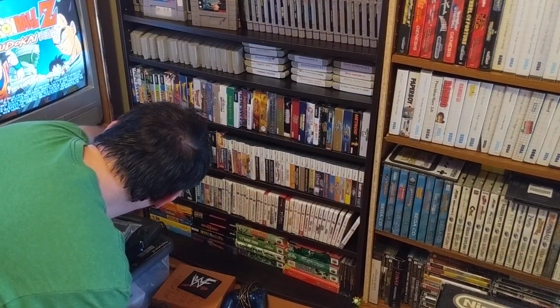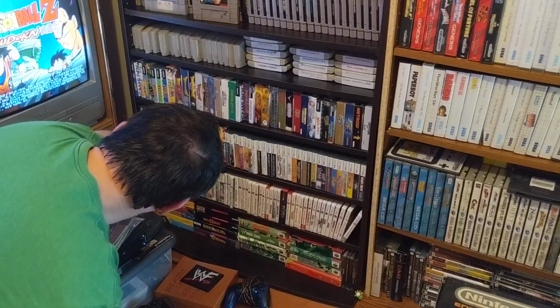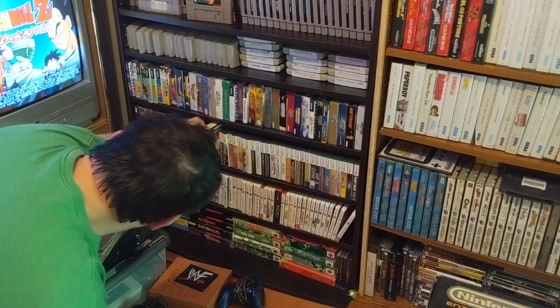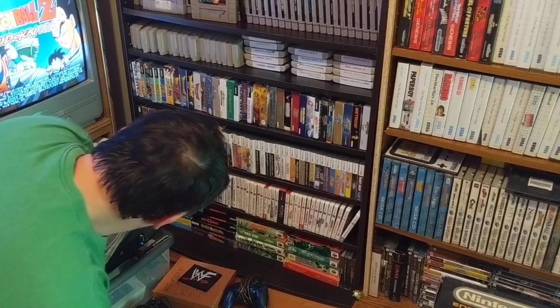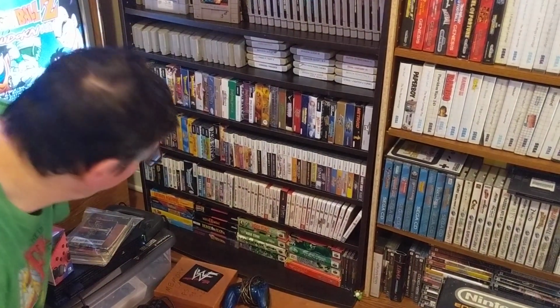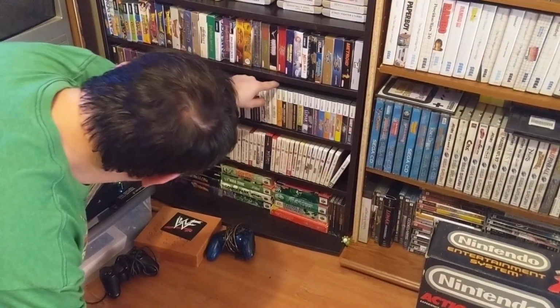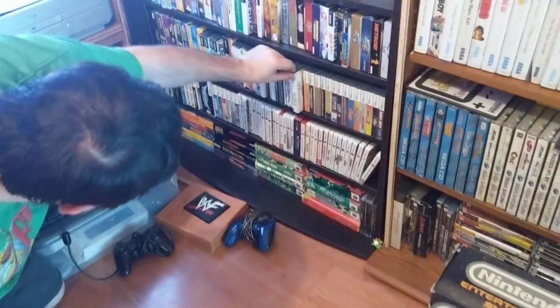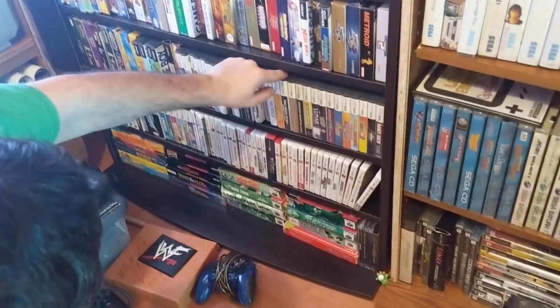All the Pokemon games, including the trading card game, Super Mario Brothers 3. I actually enjoyed the Yu Yu Hakusho game on the Game Boy Advance. Now moving on to the DS games that I enjoyed. Besides the Dragon Quest games, I got Final Fantasy 12, Final Fantasy 3, Tactics A2,